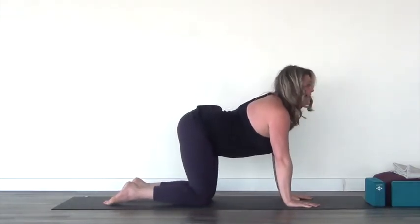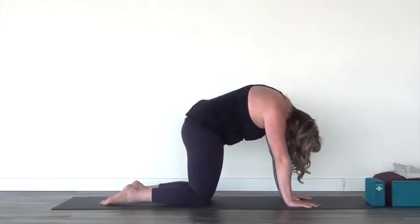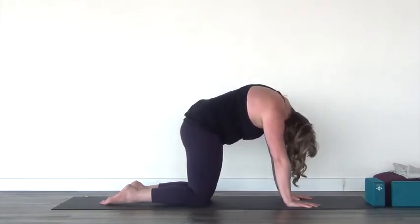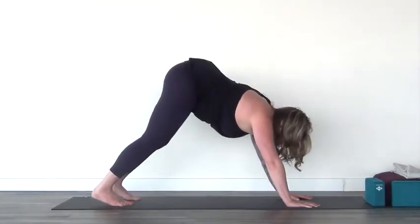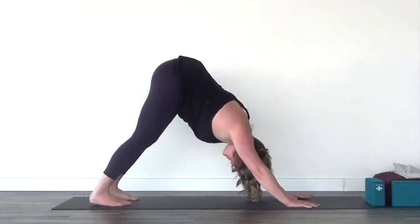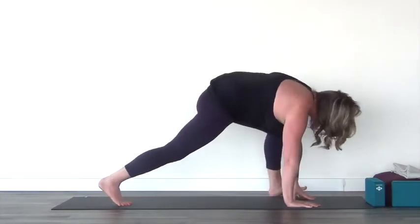So look forward into your cow. On the exhalation, we'll push into the palms of the hands into that cat position. Good. Looking forward, curl the toes under and lift the hips up. So we're going to transition into a squat. I want you to look forward to your hands, send your shoulders over your wrists, and step your feet to